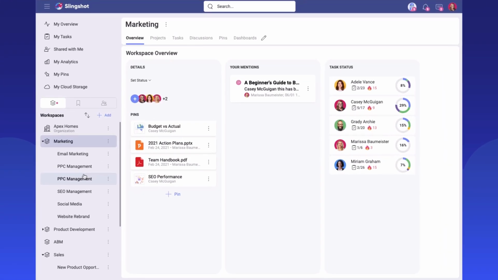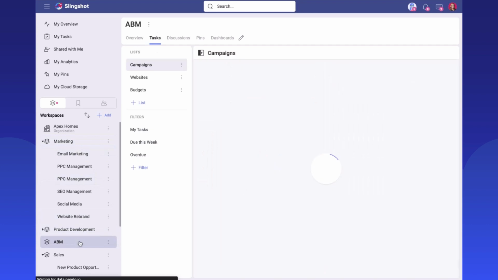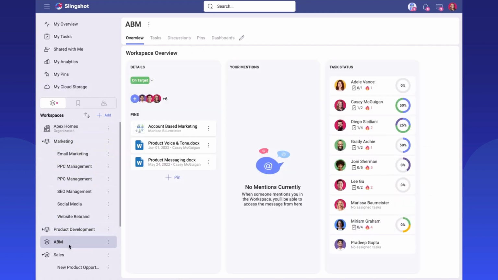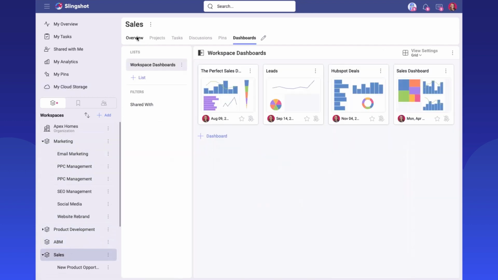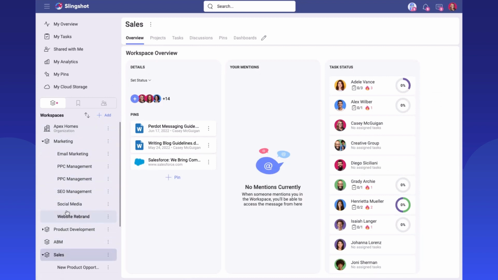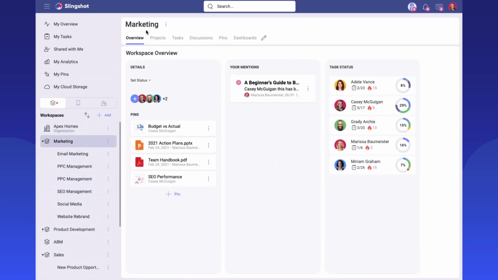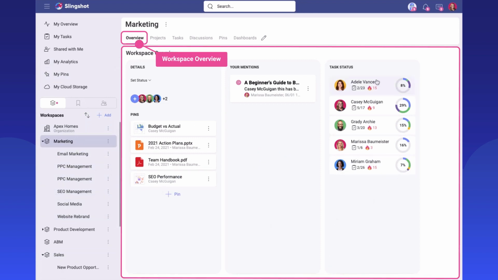In this video, I'm going to walk you through what workspaces are in Slingshot. So in this example, you can see marketing, product development, ABM, and sales are all workspaces inside of this example. If I come to marketing, you can see that each workspace will have a high-level overview of really important information